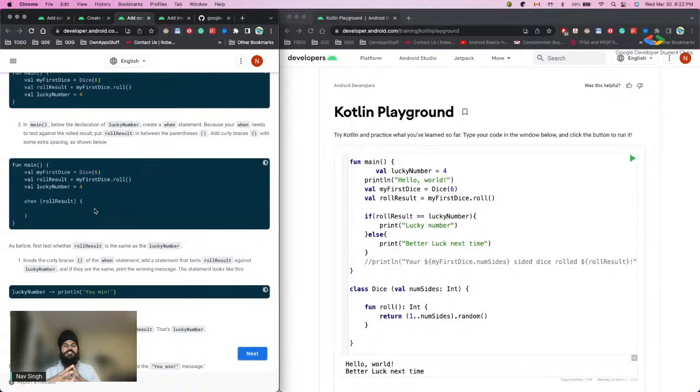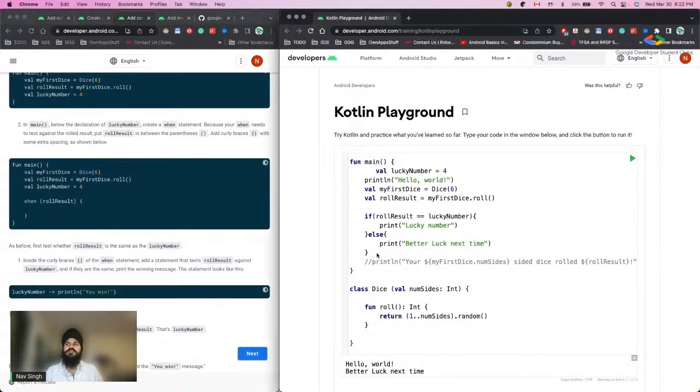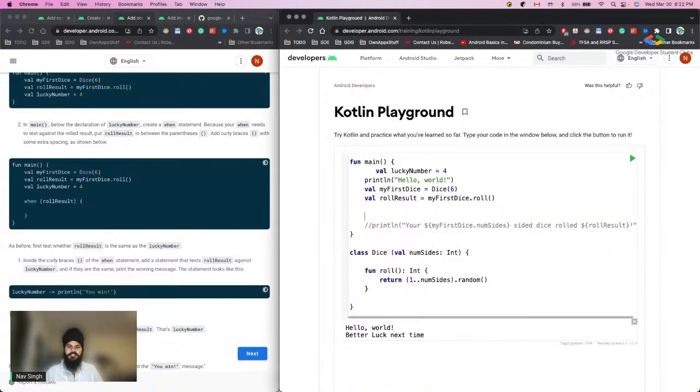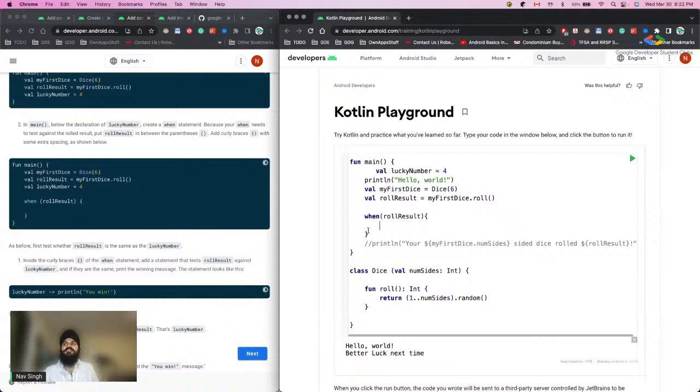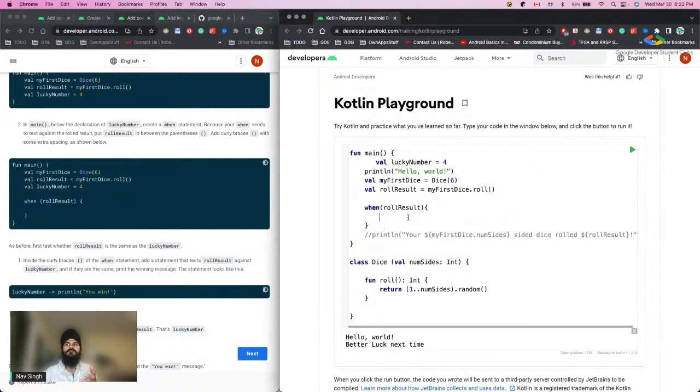So with the help of the when statement, you can write very concise code and add conditions, for example here, when. You provide the parameter to the when statement, and it performs a check against that parameter. Here it is roll result, and rather than writing all those lengthy conditions with the if else if, we know our roll result is of type integer, so you can simply write